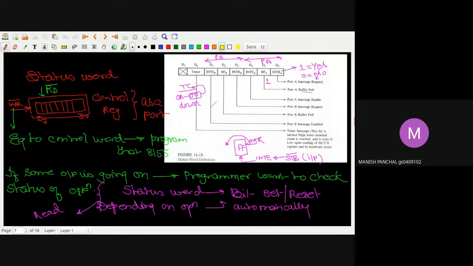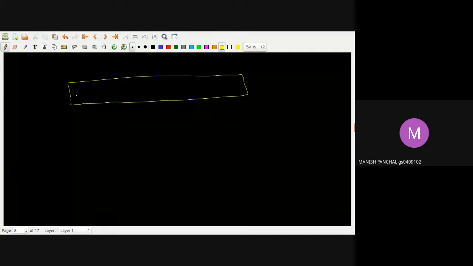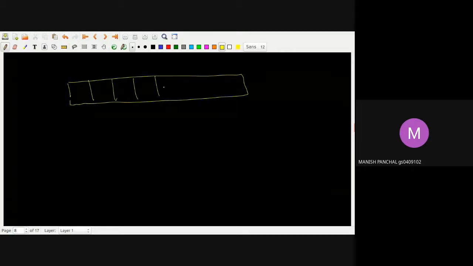Okay. So for example, if somebody is confused about what is the meaning of the status word, I will show in the next slide. For example, if I'm making some health status, suppose I have made an 8-bit pattern like this 1, 2, 3, 4, 5, 6, and 7. So for example, if you are ill, this bit will be automatically set. This meaning is that आपको बुखार आया, आपको मान लो कुछ हो रहा है, तो ये bit automatically set हो जाएगी. So as a teacher I will know that oh this bit is set as a 1, so person